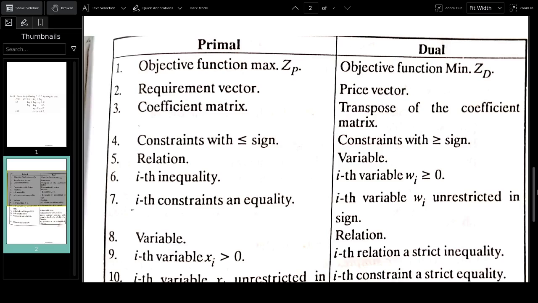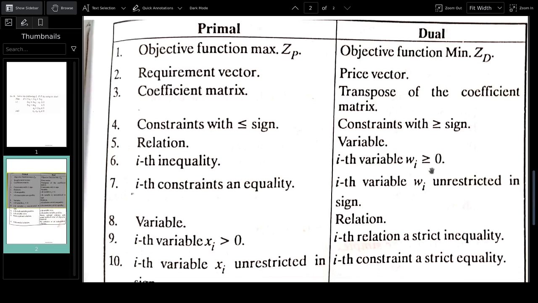And in case of dual, you see objective function is minimization, and this is denoted by ZD. And here primal, this one is called the requirement vector, and in dual this is price vector, right? And next in primal, coefficient matrix, because when problems are given, first we write it into the matrix form and we write it coefficient matrix, right? So in dual, this one will be what? Transpose of the coefficient matrix. In dual,